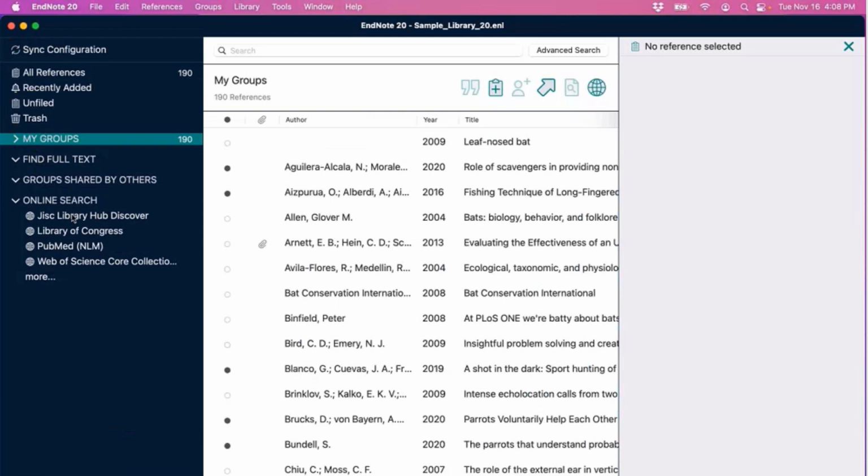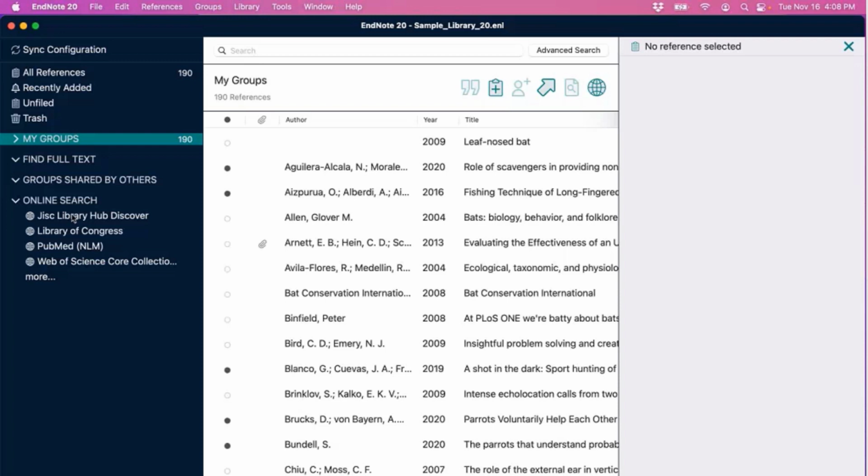Now, Online Search is a very literal search. It's great to be able to search from EndNote, but I definitely think it's more advantageous to perform your searches via web browsers on information providers' websites. Their searches in that manner usually will expand to include similar terms or phrases, whereas with the online search feature, it's very literal. Whatever term or phrase you input, that's all the database is looking for. And again, we're going to be talking about direct export in just a moment, which is a method to automatically capture references from a browser.